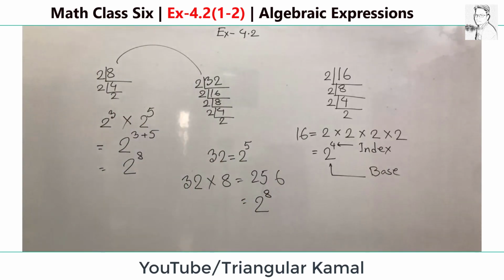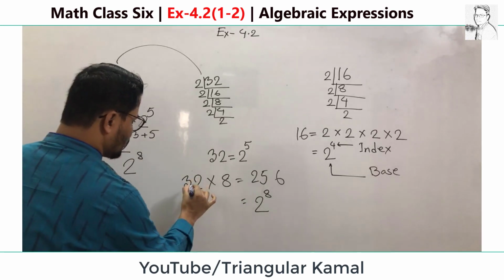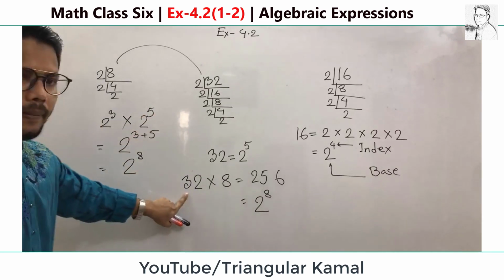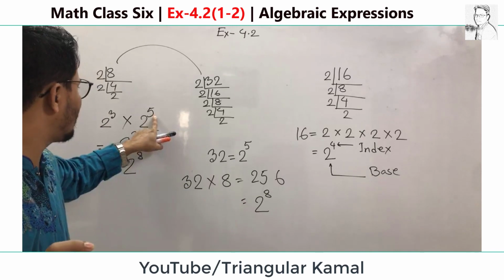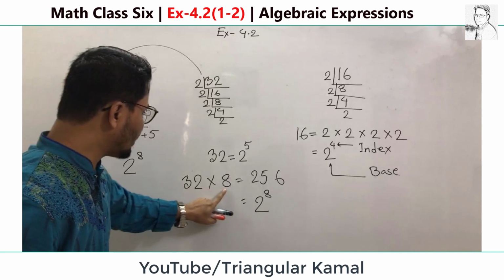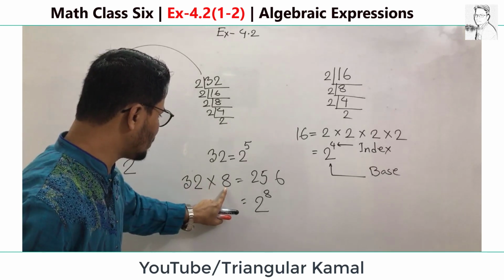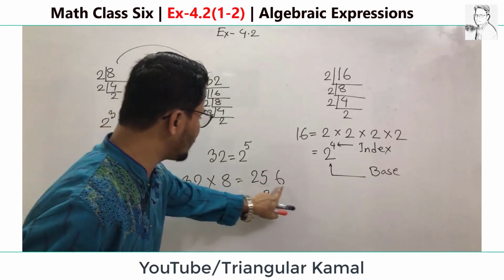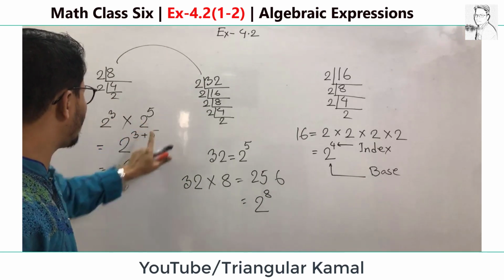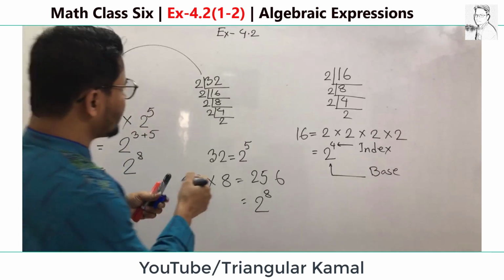So my dear students, give attention here. Let me explain first. This is the 32. That means 32 is 2 to the power 5. Attention, 32 is 2 to the power 5, 8 is 2 to the power 3. If we multiply 32 and 8, this one will be 256, which is the total result of 2 to the power 3 and 2 to the power 5, that means 3 plus 5, 2 to the power 8.